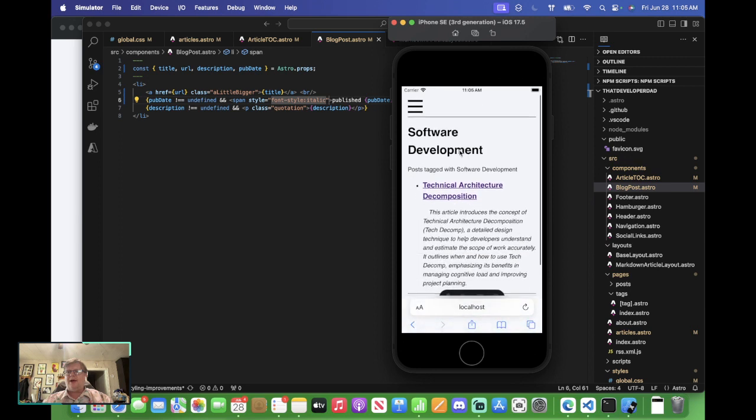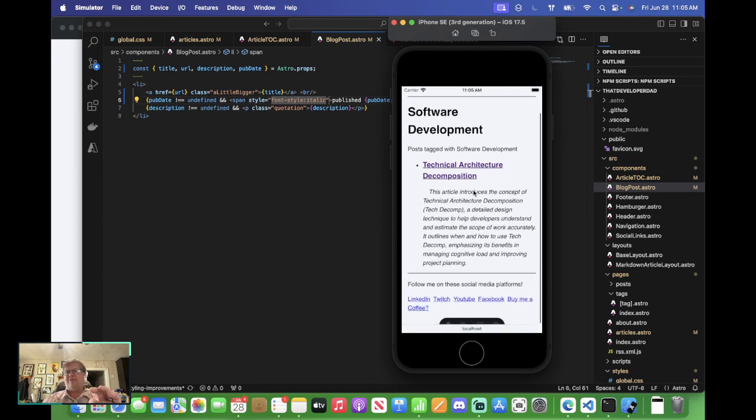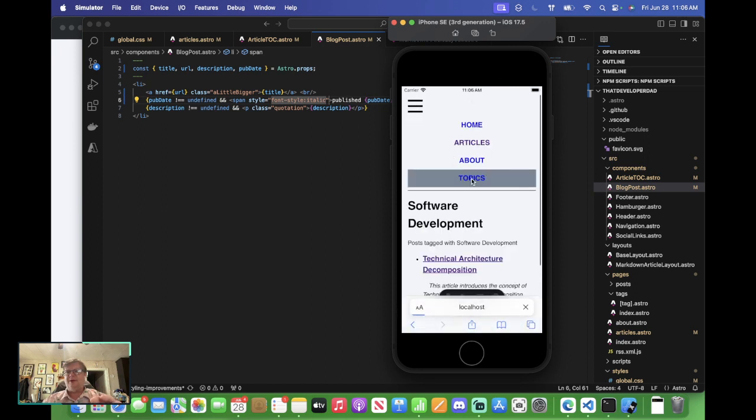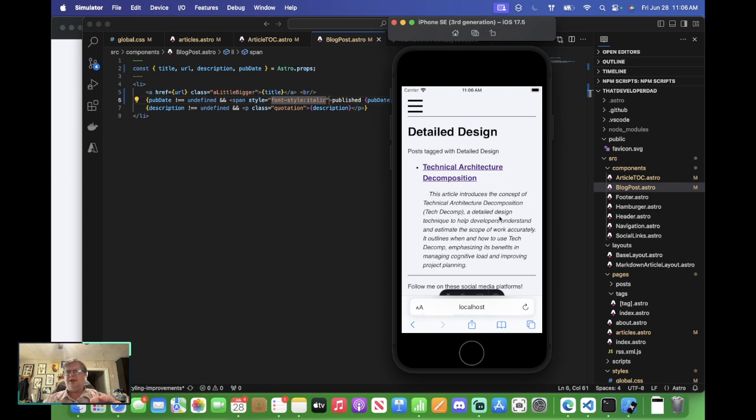All right. I'm going to need to come into the tag page and make sure that I'm passing all of this stuff, decorating these unordered lists and passing all of the properties that I need in that tag page. I'm going to do that offline. Come down here, hit topics, detailed design. Yeah, same thing. Okay, I'm going to do that between this morning and this